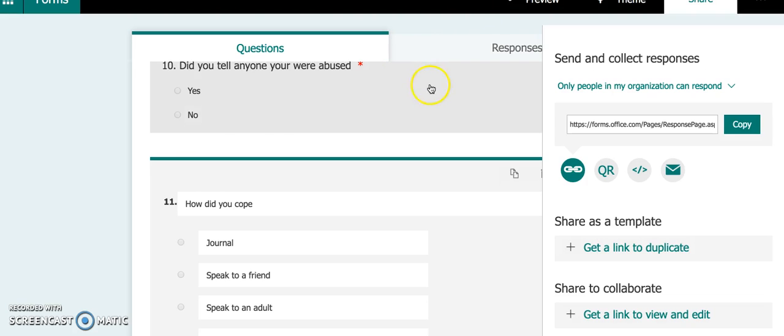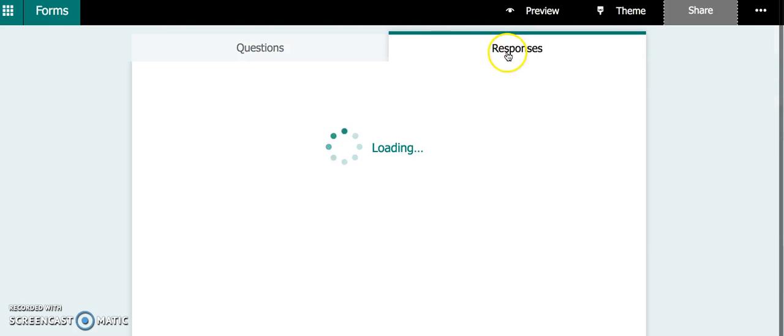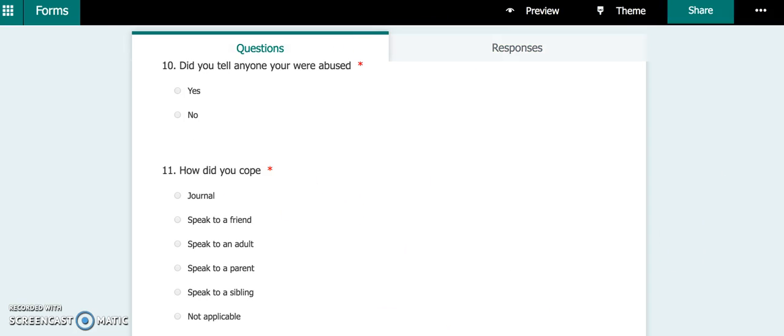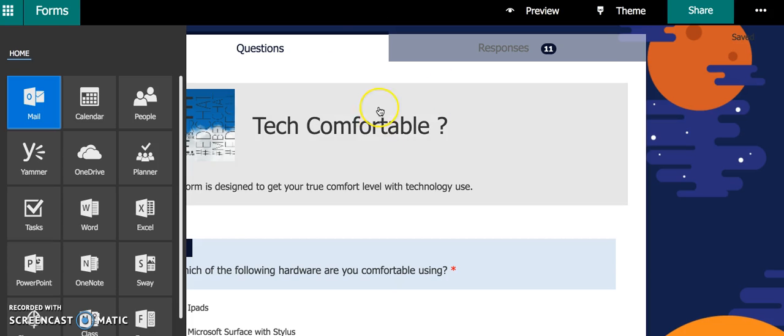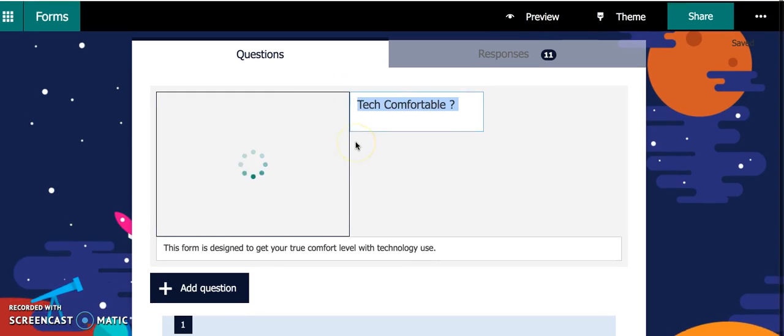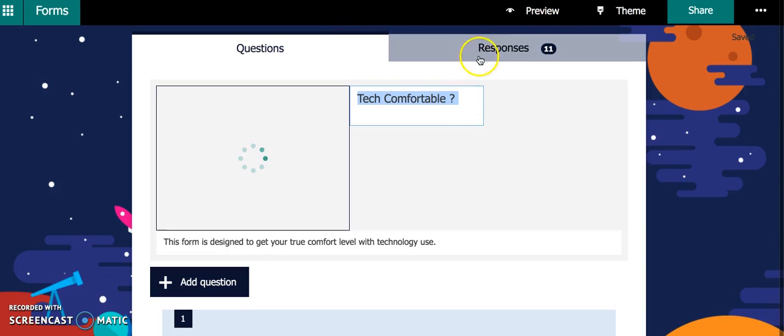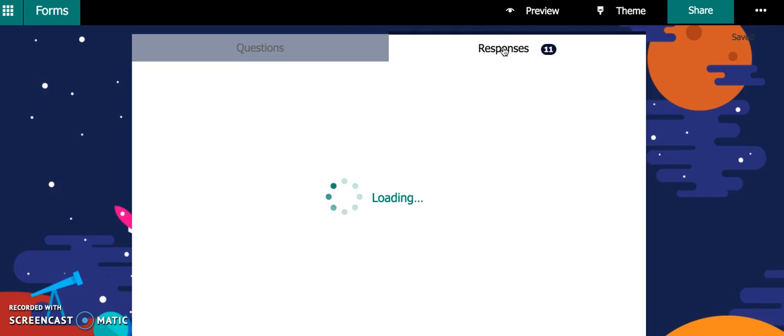They'll fill in the answers, and interestingly, you get the responses. On this form, you'll notice that there are not any responses yet, so you don't see anything. But I do have a form that I can show you just to see what the data looks like. This is a form that I created a while ago that deals with people's technology comfort level. Okay, so this is how the form looks, and when I look at the responses, and this is what's going to be really interesting for you when you start to collect the data from your forms,